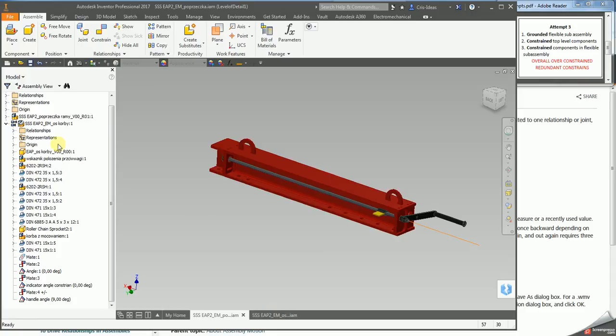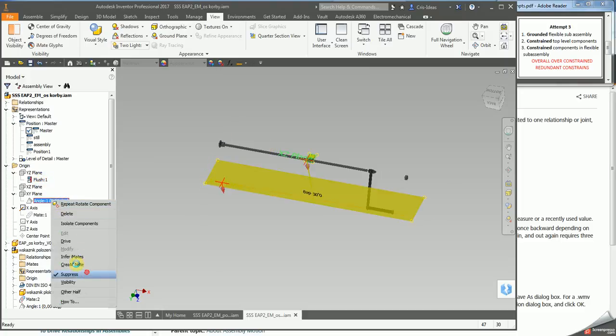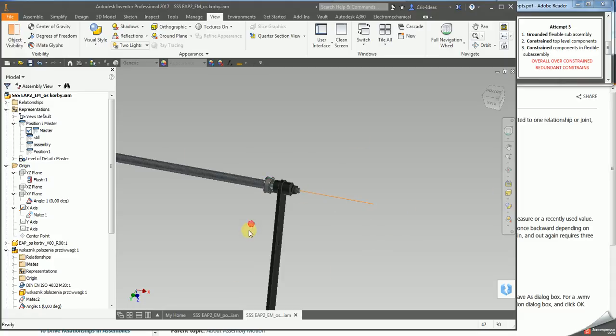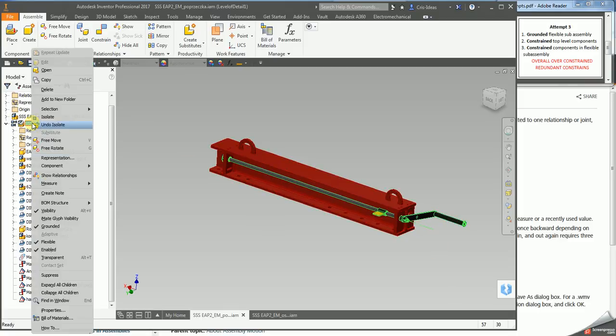Probably it wouldn't move. But generally, this may cause a problem. If I unsuppress that, unsuppress that, and unsuppress that, I have these components fully constrained within their assembly. Now I am not having that problem because this assembly was grounded in the position according to those. But if I unground that,